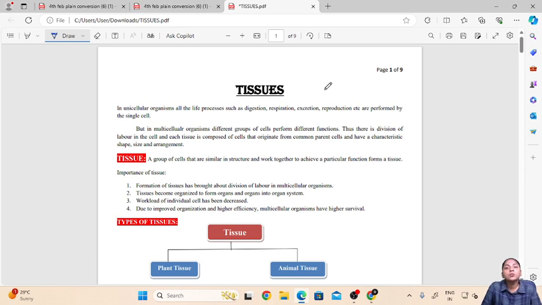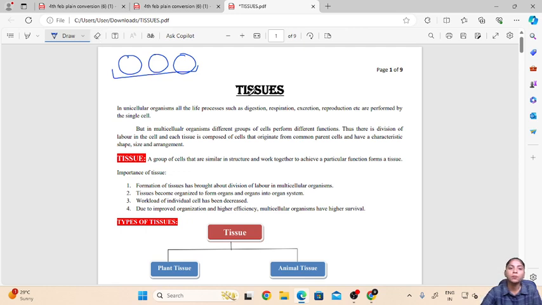But in multicellular organisms, there are millions of cells. So, different groups of cells will perform different functions. That is, a particular group of cells will perform digestion, another group of cells will perform respiration, some other group of cells will perform excretion. So in multicellular organisms there is a division of labor, and because of this division of labor or the sharing of different work, these cells in multicellular organisms will work